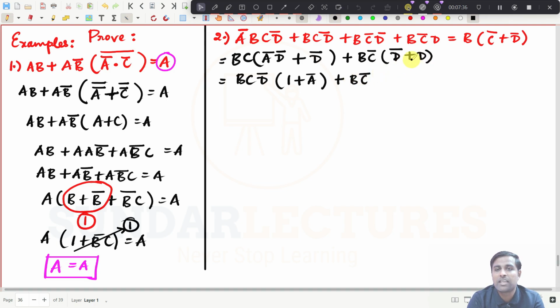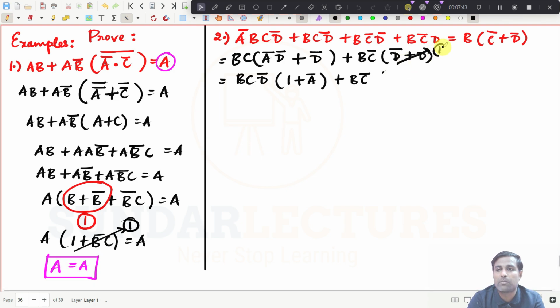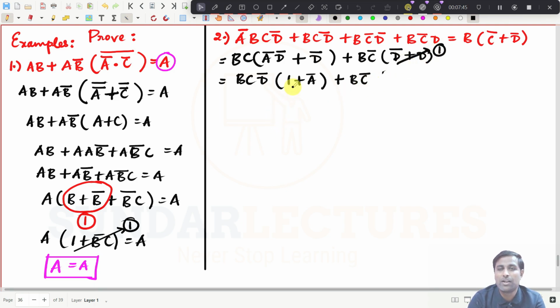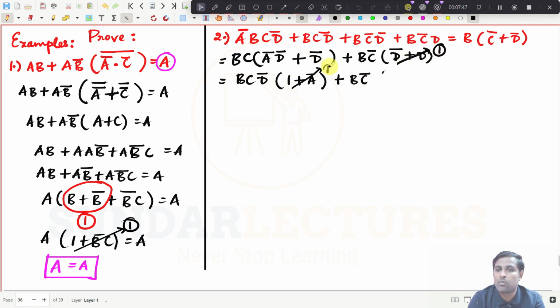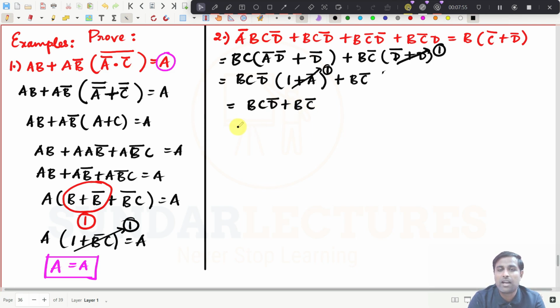See this one, what is this? It is tautology. So tautology will become what? This term will become 1. So I don't need to write here. So this term will also become 1. Obviously, right? So what is the expression you will have now? This is BC D bar plus BC bar, and we have come to the final expression. Take B commonly outside. What you will have now? This will be C, and then